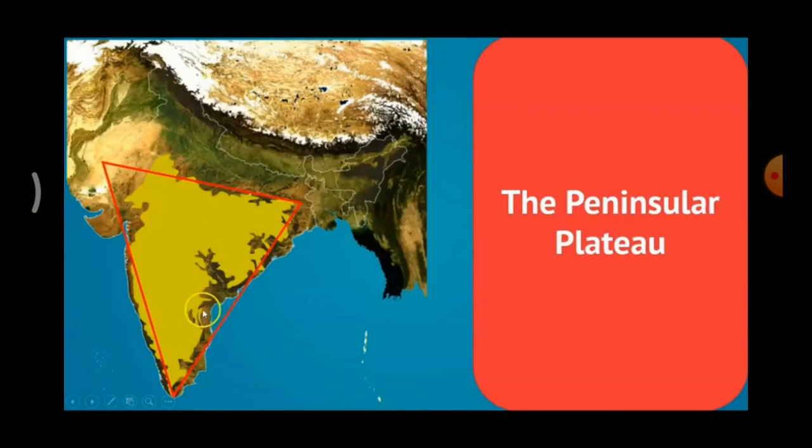One side is connected with Kanyakumari and the Rajmahal hills, and the second arm is marked by the Satpura range. The second one is connected with the Satpura hills. The third one is connected with the Western Ghats. The area of this plateau is about 7 lakh square kilometer. Height ranges from 500 to 1000 meter. So how many square kilometer? 7 lakh square kilometer.